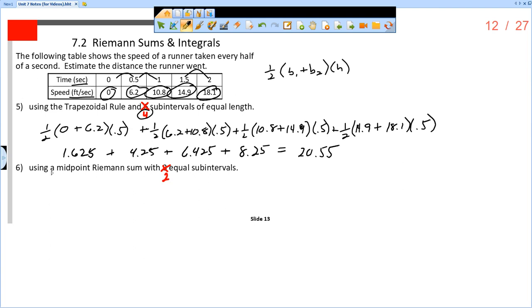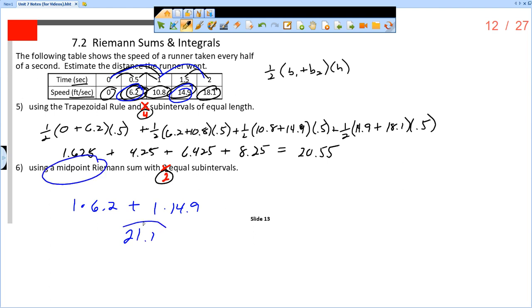All right. So now the last one, midpoint Riemann sum with 2 subintervals. Midpoint means I'm going to go from 0 to 1, and I'm going to take the middle point between those two. So 0 to 1 is a width of 1 times the middle point, 6.2. And then I'm going from 1 to 2, and the middle point is 14.9. So width of 1 times 14.9. So 6.2 plus 14.9, and that gets me 21.1. So that is a midpoint Riemann sum. The midpoint Riemann sum is important. You have to skip over one and then use that one in the middle. All right, so that is slide number